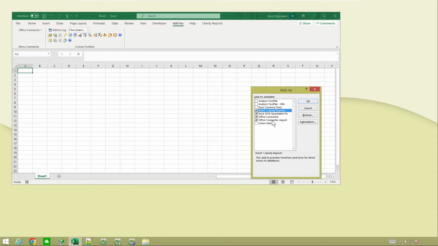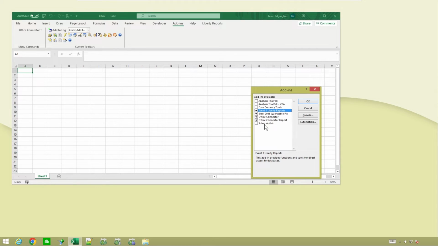Now, the second method consists of if you get in here and you don't have these options at all, continue on with the next steps. But if this is taking care of your issue and you got your bar, you should be good to go on refreshing and using your Office Connector, and you could stop at this point. The next piece is method 2.